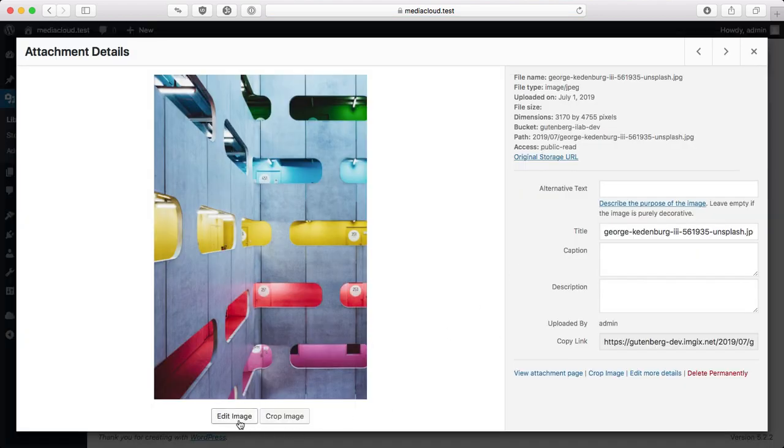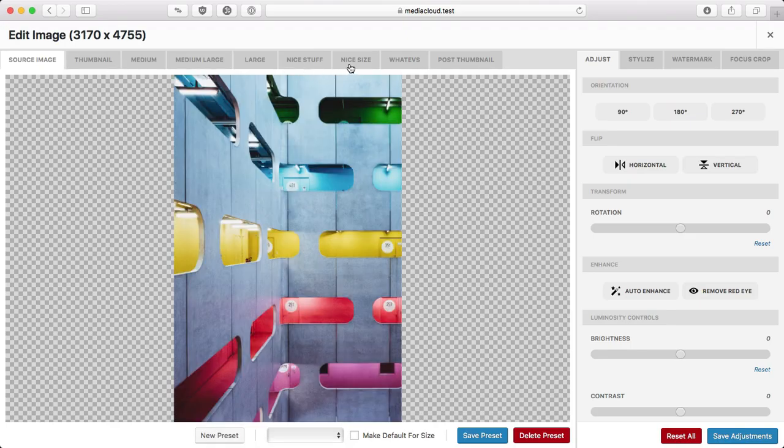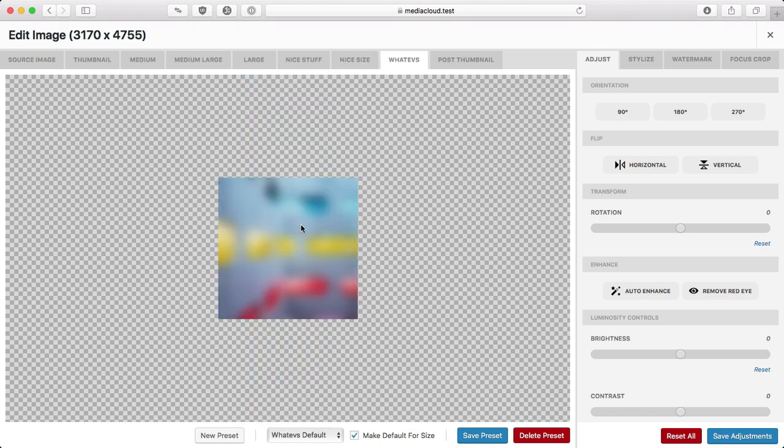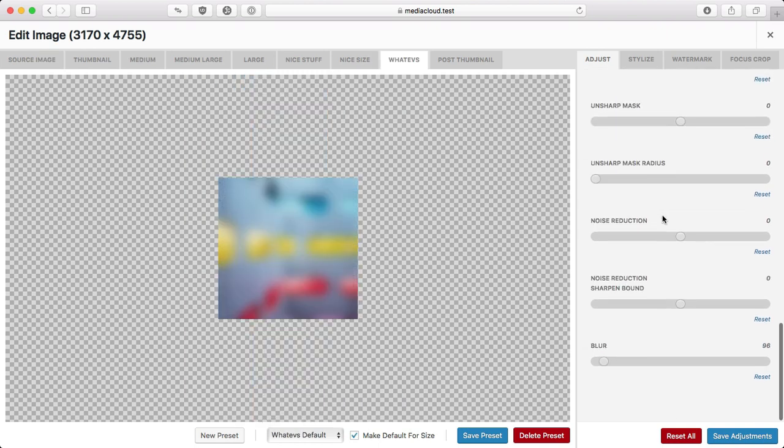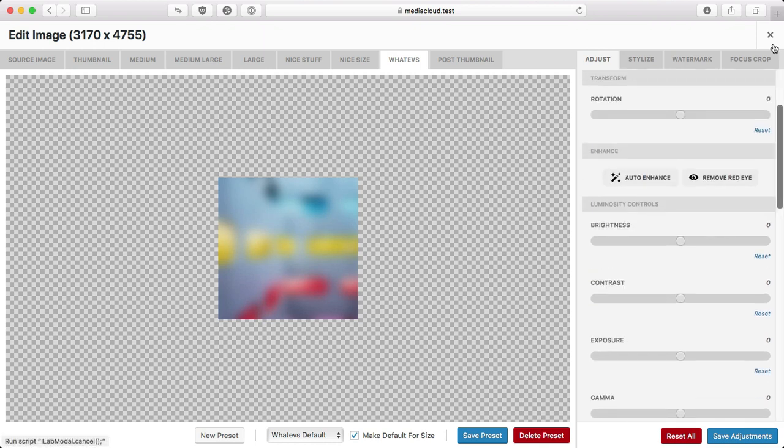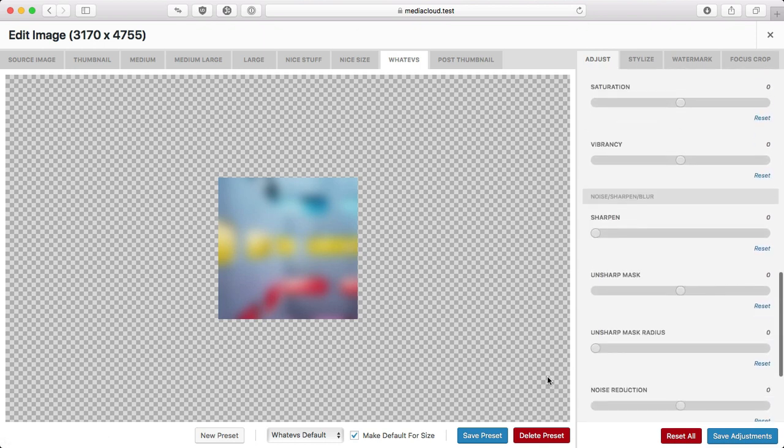So come in here, we'll edit this image, and you'll see that it's blurred. And you can actually come in and override